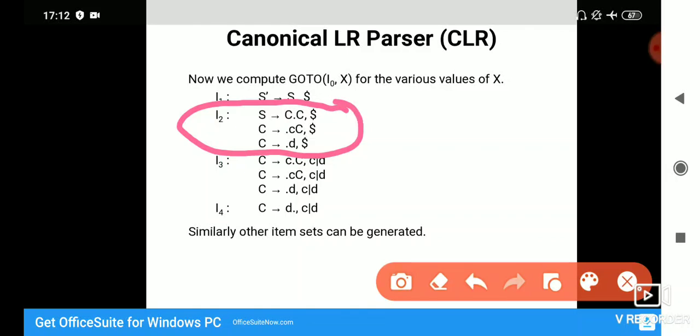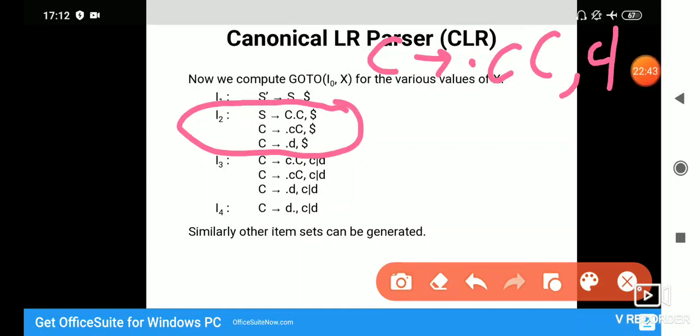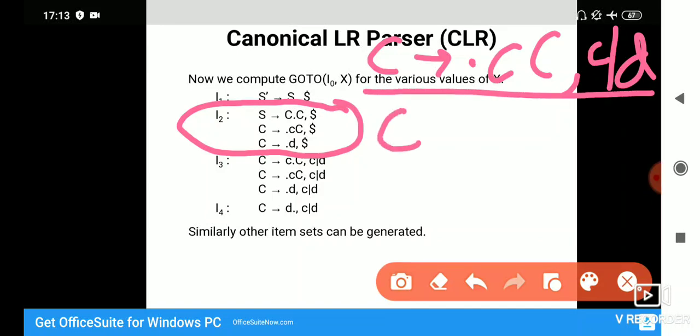Now the third item in I0 was C → .cC, c/d. If I use the same definition, first of all what we have to do, we have to find J of this. So dot will move to the right of c: C → c.C, c/d.